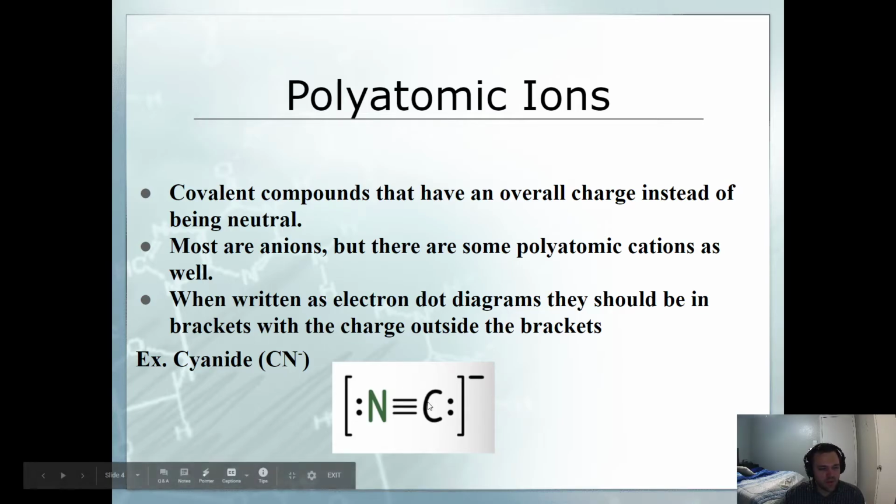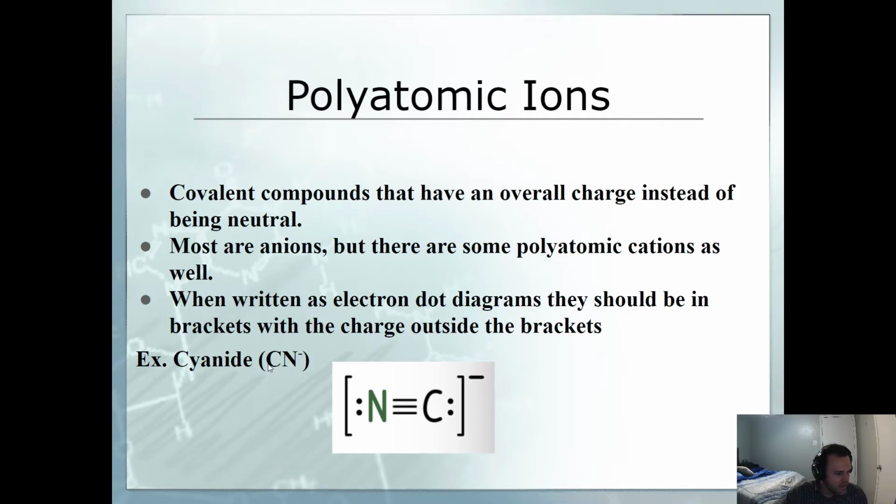So if we were going to draw the electron dot diagram of cyanide, which is a polyatomic ion, the formula for it is CN minus, so it's a carbon and a nitrogen bonded together that have an overall charge of -1. And that overall charge of -1 lets you know that it should have one more electron than it would usually, right? So if we did this just like our normal electron dot diagrams, we would go through and we